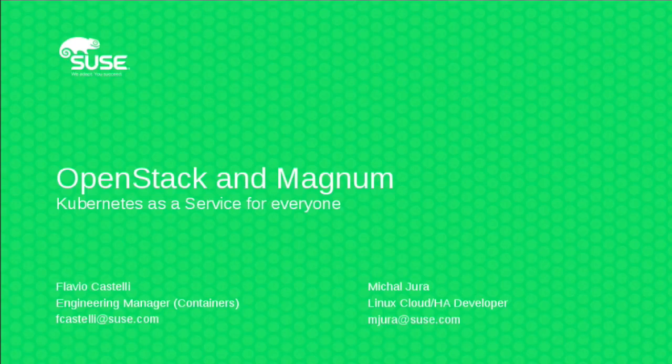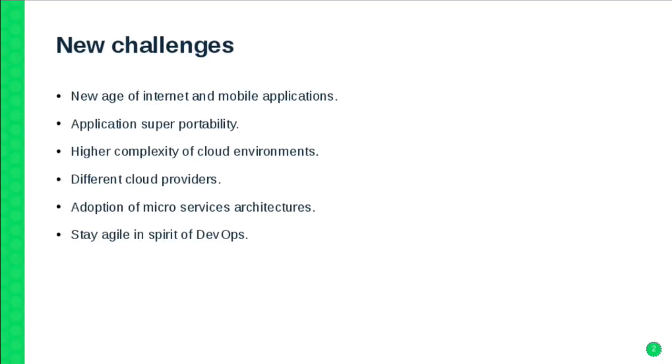Okay, so nowadays there are a couple of changes that industry is facing. So we have to react quickly to lots of demands from our customers, from our users. All these requirements have forced us to look into new ways to ship our code faster, to do quick iterations of our code. So because of that, we are also looking closely into using the cloud, like the public cloud or a private cloud, to scale out, to respond to peaks from our customers.